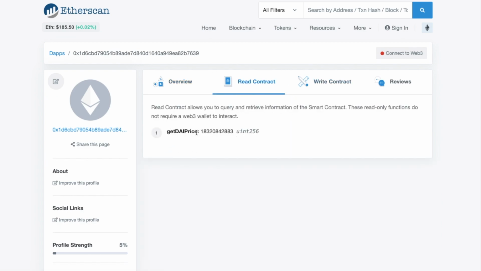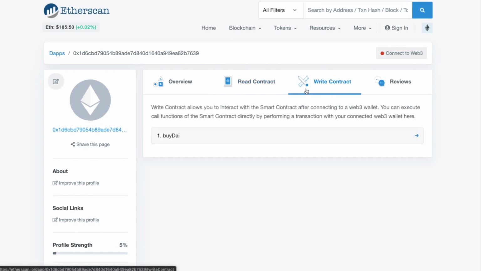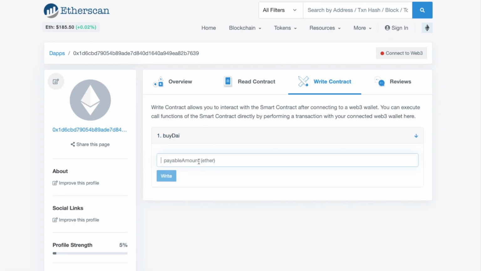So all the constant functions, I can see here, get DAI price: 183.20842883. That's the exact value right now of Ethereum. Then I can do a write to the contract and do buy DAI. I can set how much Ether I want to send. So 0.01 Ether, click write.